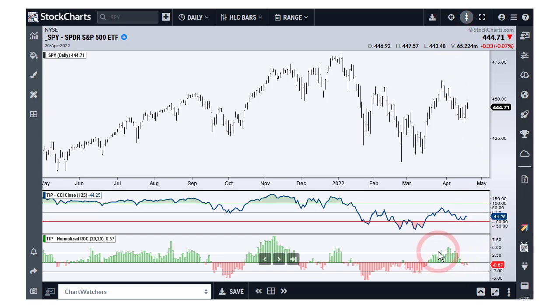But we did get this outsized advance here in March, and that has piqued my interest in this decline because it's come back to a potential reversal level. So this could be the early warning of a trend reversal, and it would be confirmed with CCI moving above